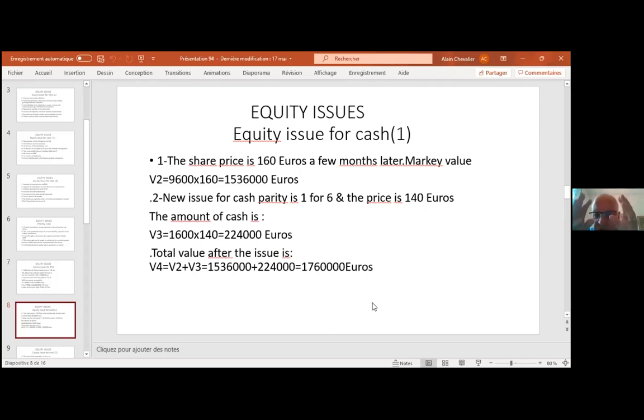That means that V4 is a kind of proxy of the fair market value, but if you are successful and you convince the shareholder group, it will be an undervaluation of the market value, because of this net present value of the future cash flows coming from the investment of this new cash.